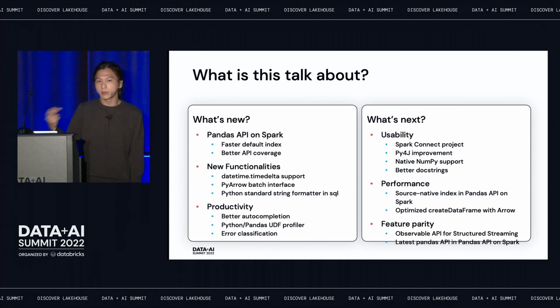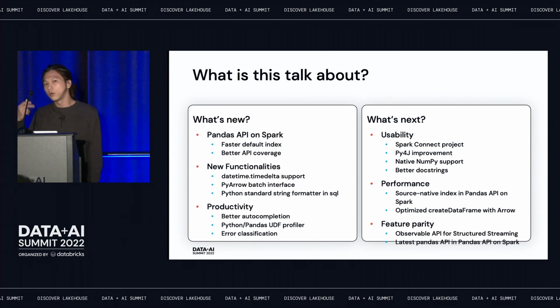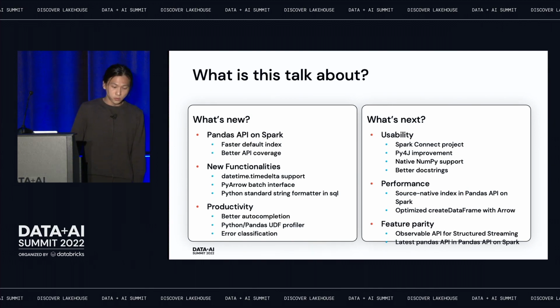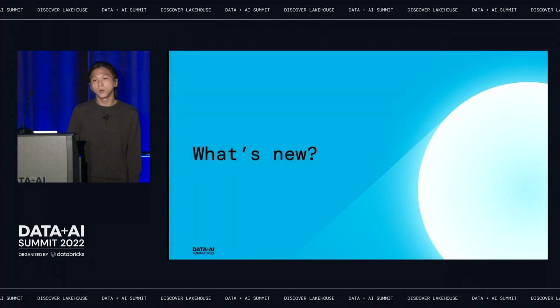And we are working on even faster performance and some feature parity, like structured streaming. So Signal will present what's new in Spark 3.3 first, and I'll follow up with what's next in the PySpark future versions. So I'll leave it to you, Signal.